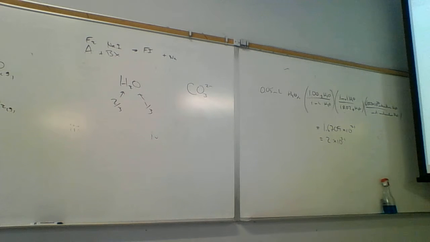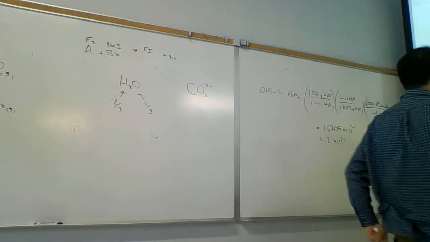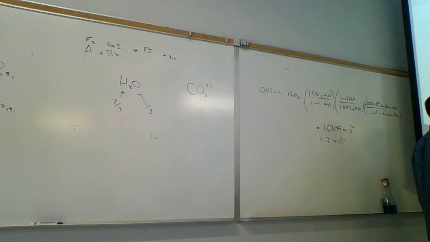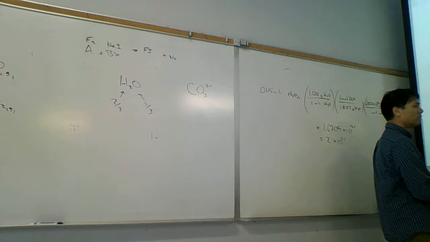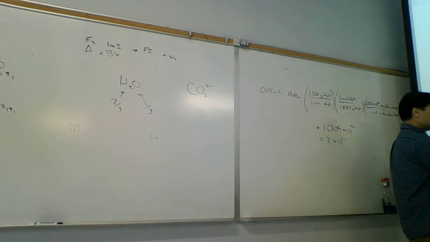Yeah, you're reading the chart correctly. You're talking about lead metal? Yeah, because it goes from lead solid, and then I got lead 2. Yeah, that's what's going to happen. And so when you look at the chart, like I said, normally we do it completely. So there's two charges for lead. There's lead 2 and lead 4. And so normally we would take it to lead 4. That would be complete, what we call complete oxidation, complete combustion, whatever. But in this case, the chart tells me I go from lead to lead 2, not lead 4. The same thing with tin. Tin doesn't go all the way to tin 4, it just goes to tin 2.